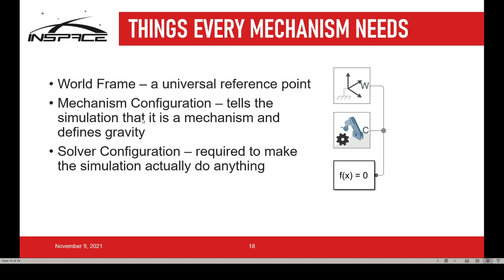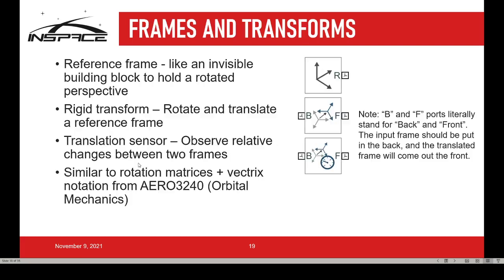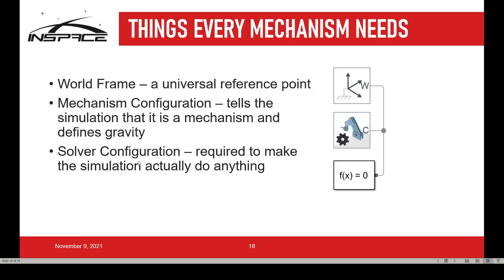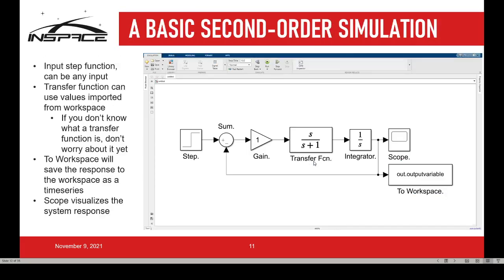You need a mechanism configuration block, which basically tells Simulink, hey, this is a mechanism. And you need a solver configuration block, which basically tells Simulink, hey, you need to solve this. They're pretty basic things, but they're necessary for the simulation. They also do things like tell you what gravity is. You'll also notice, unlike the previous simulation where we have signals going from block to block,